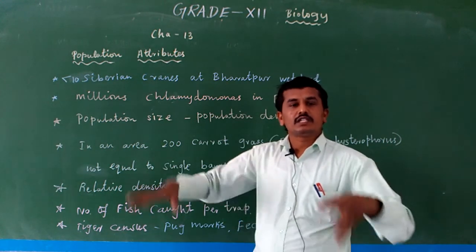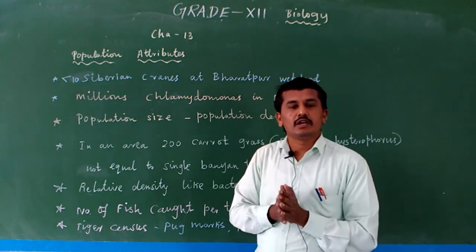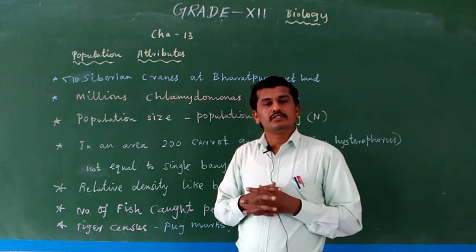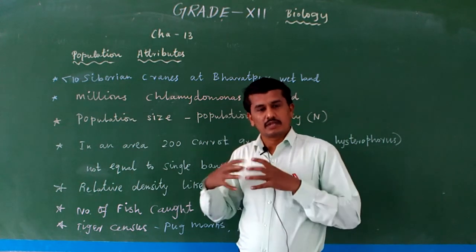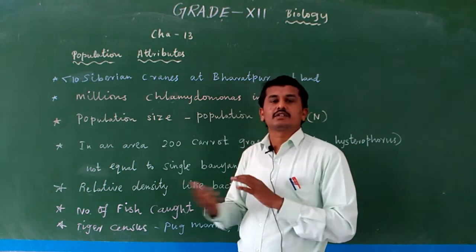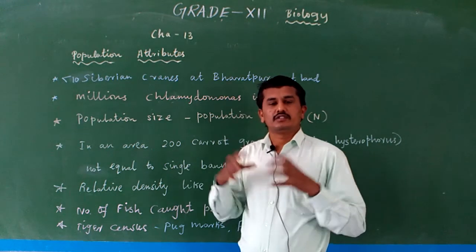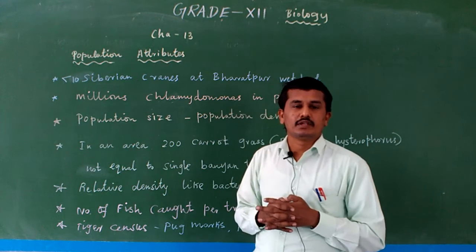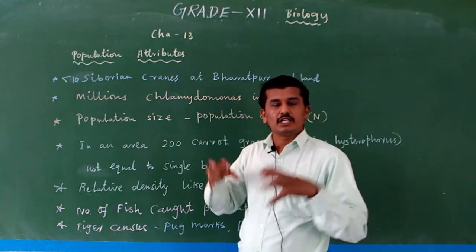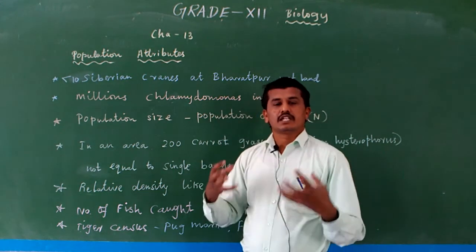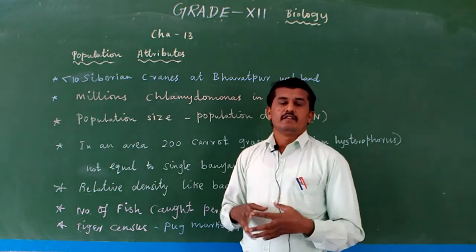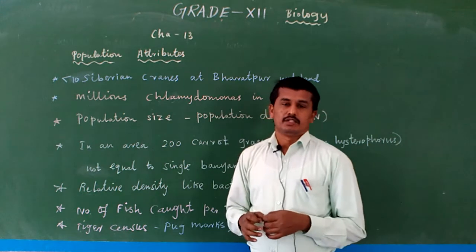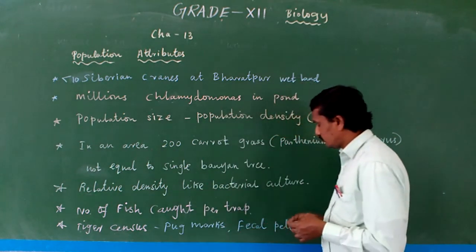Counting the tiger population in the Nilgiri Biosphere Reserve is so difficult, because it contains huge acres of land from Tamil Nadu, Kerala and Karnataka, three states, and some area is under the biosphere reserve. In that particular place, counting the tiger population is difficult. With the use of pug marks only, we relatively count the population. We use pug marks as well as fecal pellets.